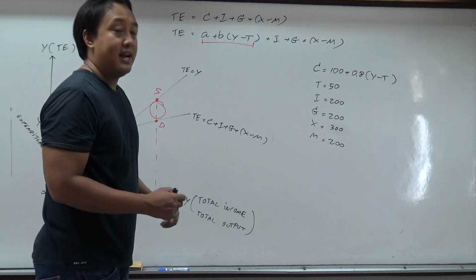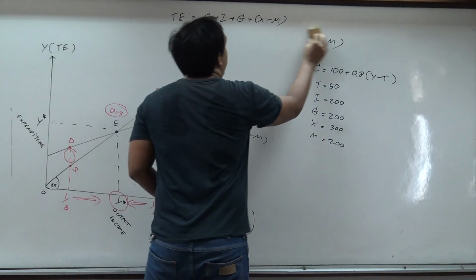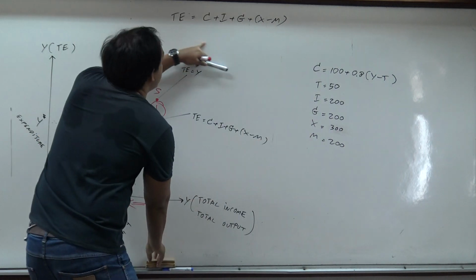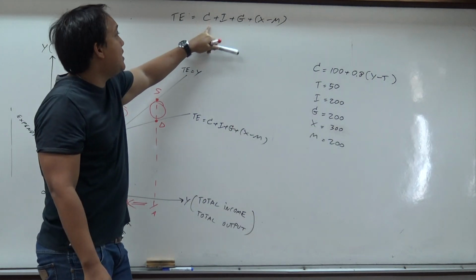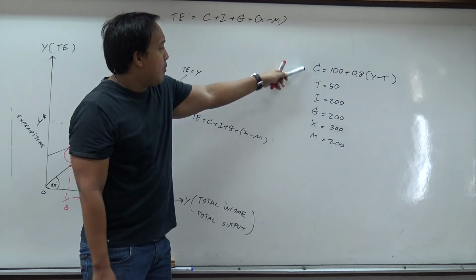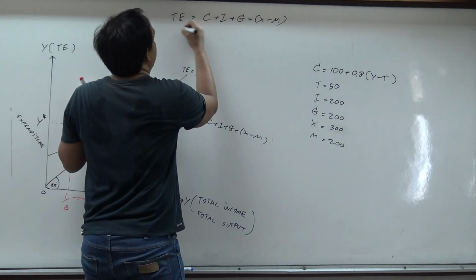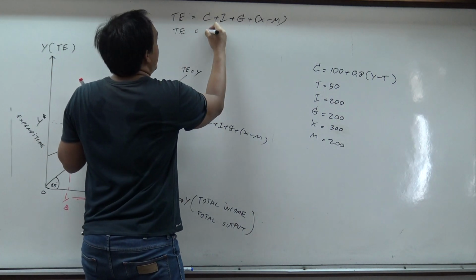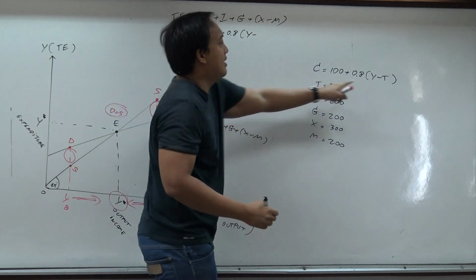So then, let's see, okay? I'm going to start with the total expenditure equation: total expenditure equal to C plus I plus G plus X minus M. So then I put everything I know into this equation. Okay, so then what I have is total expenditure equal to 100 plus 0.8(Y minus T),